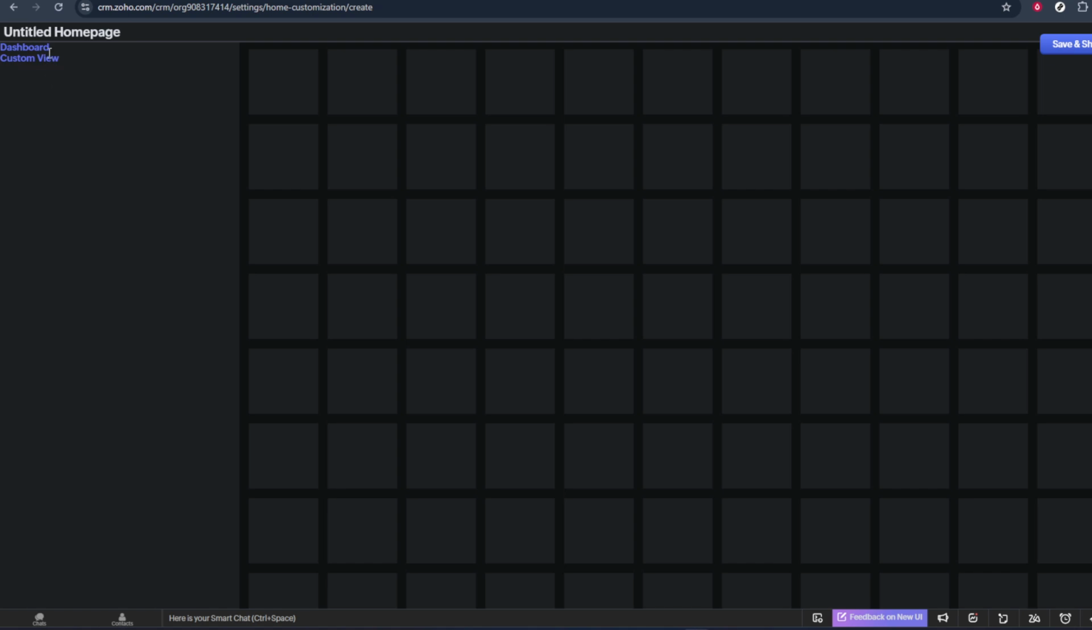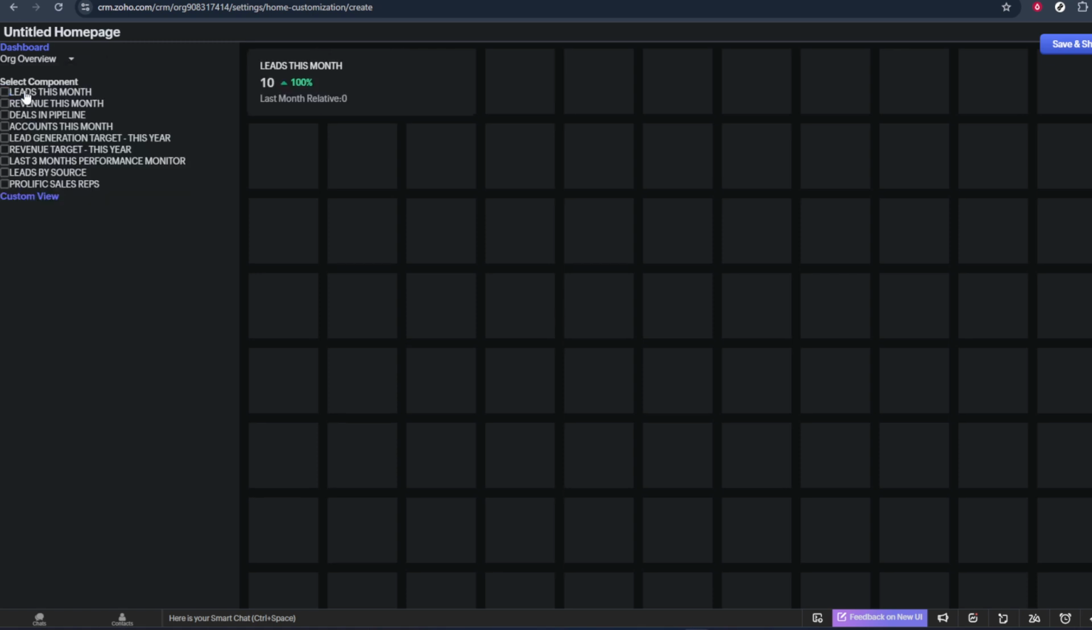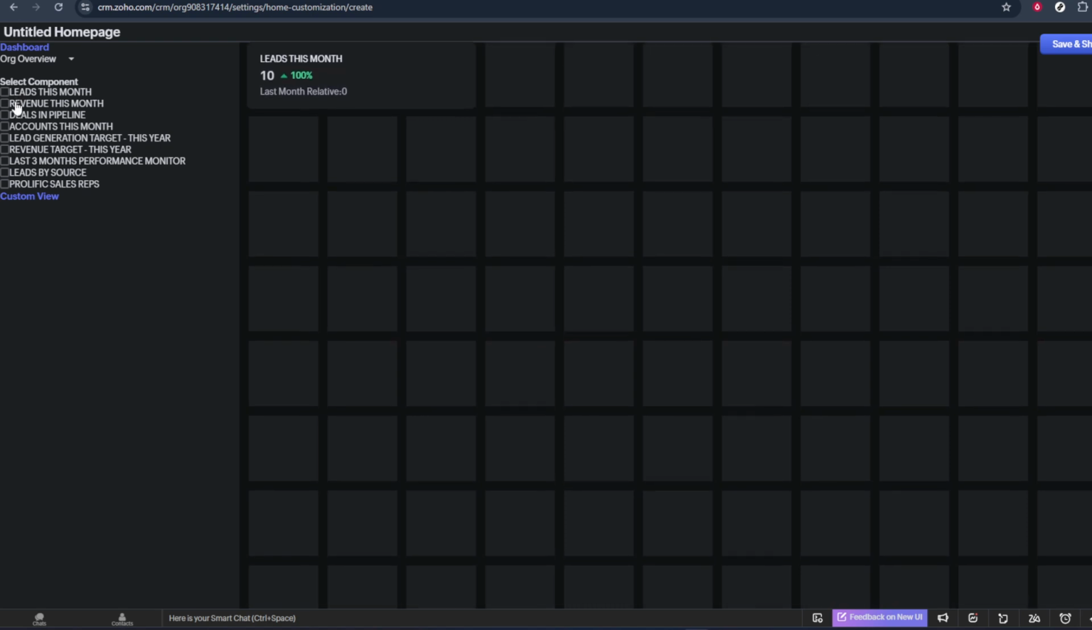You can usually add different components or widgets such as dashboards, lists of open deals, today's tasks, or recent activities. Think about what you check every single day. Maybe it's your pipeline, follow-up tasks, new leads, or support tickets. Prioritize those elements on your homepage. Drag and drop the available components into the layout, arranging them in a way